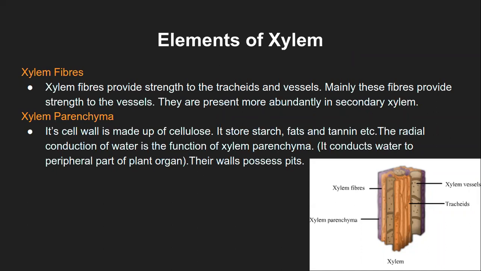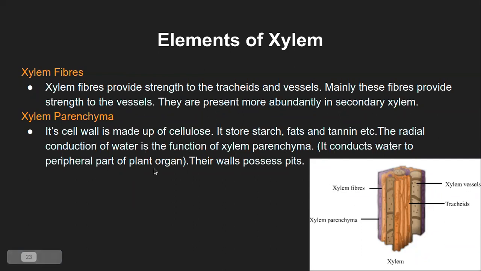Let me finish this. So we have a vertical tube-like structure, and across the section, let's say water is flowing through the tube, and the water percolates, right? Water goes through the walls of this tube. That is radial conduction of the water. Transport of water will be either from top to bottom or bottom to top, either way. But there will also be transport to the sides, and that is what is meant by radial conduction, along the radius of the circle. That is the radial conduction of the water through xylem parenchyma.